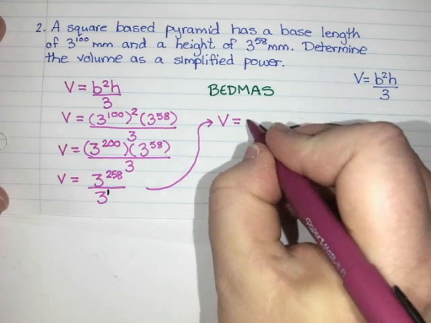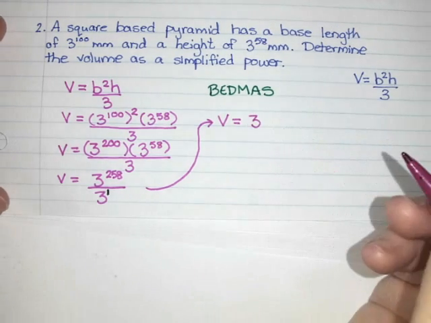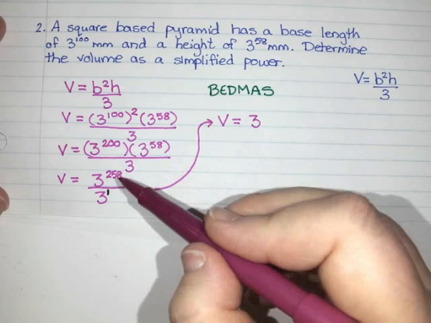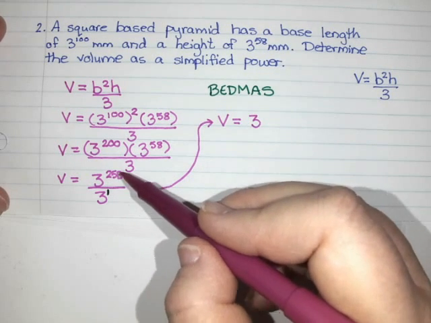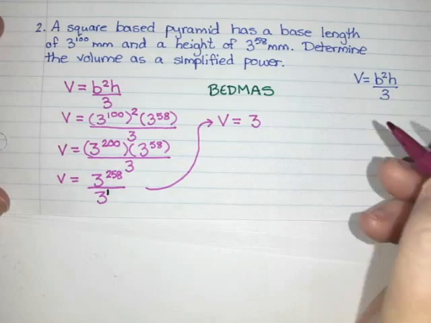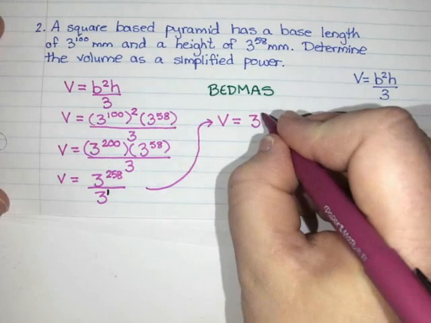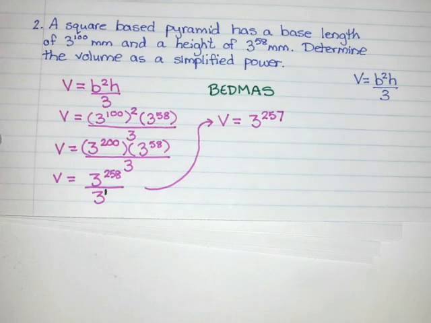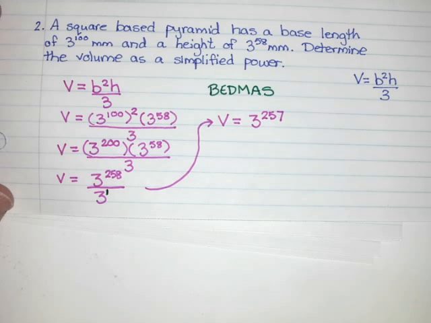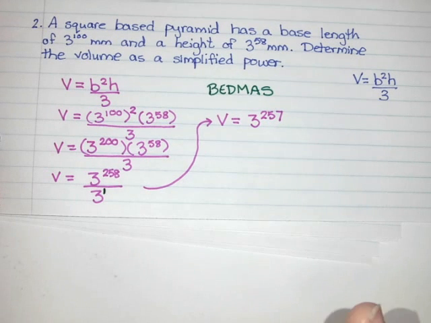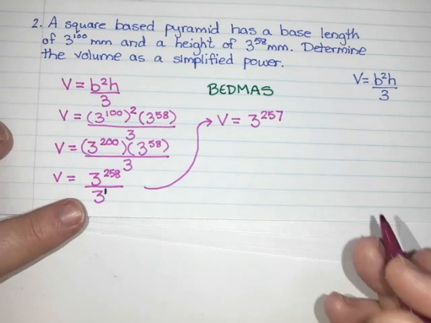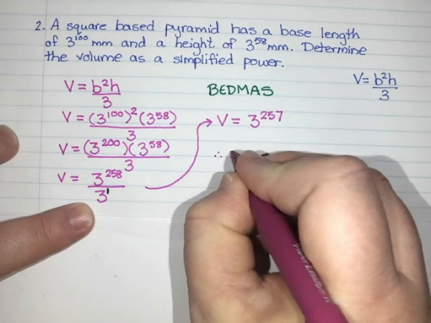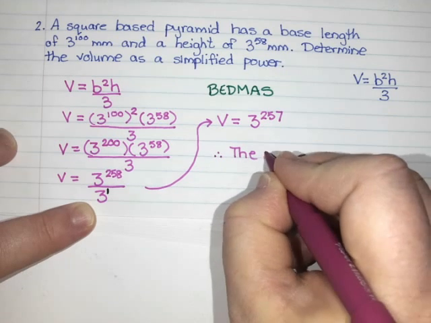When we divide, we leave the base the same and subtract our exponents. So 258 minus 1 is 257. So our volume is 3 to the power of 257. I don't want to work that out on my calculator because that number is way too big for my calculator to handle. So I'm going to say, therefore, the volume is